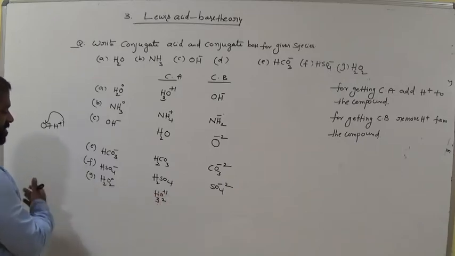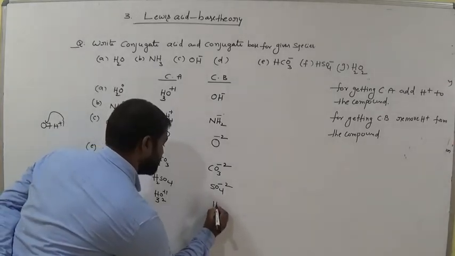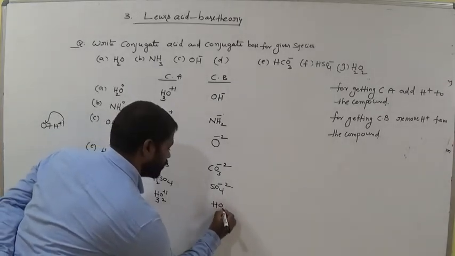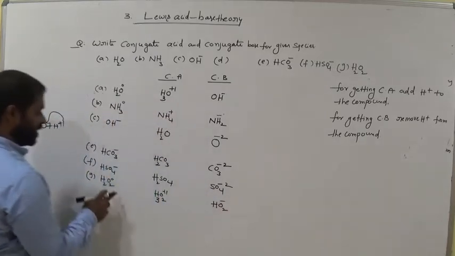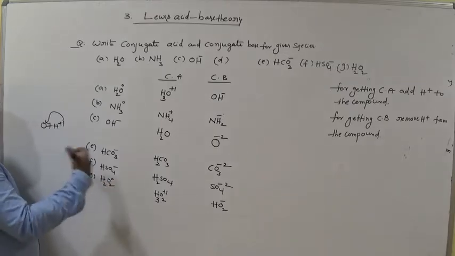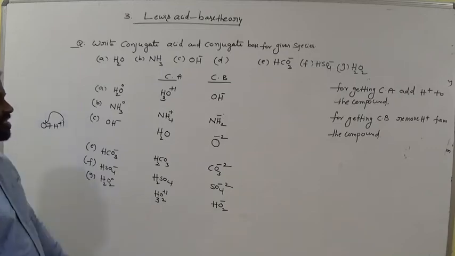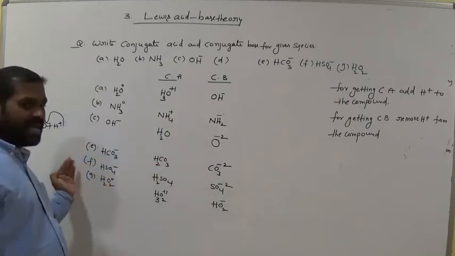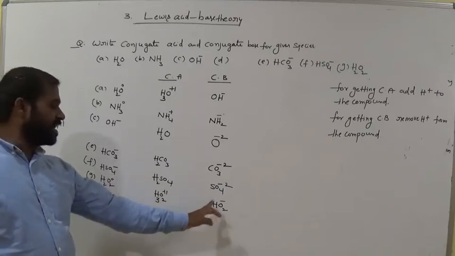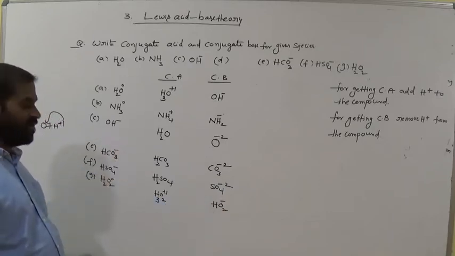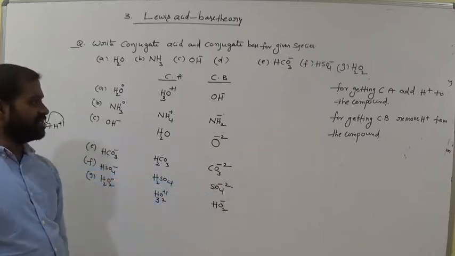Now remove one H plus from here, there is no charge here. So that means from H2O keep minus 1, am I right? Why? Because it is 0. When we remove H plus, add 1 minus, already it is 0. That means we add minus 1. Is it clear? Simple. In the conjugate base, when we remove H plus, we add minus. Here it is 0. Now remove H plus, that means we add 1 minus. It is minus 1. Already it is minus 1, we remove H plus, we add 1 minus, that means minus 1 plus minus 1, minus 2. Is it clear?